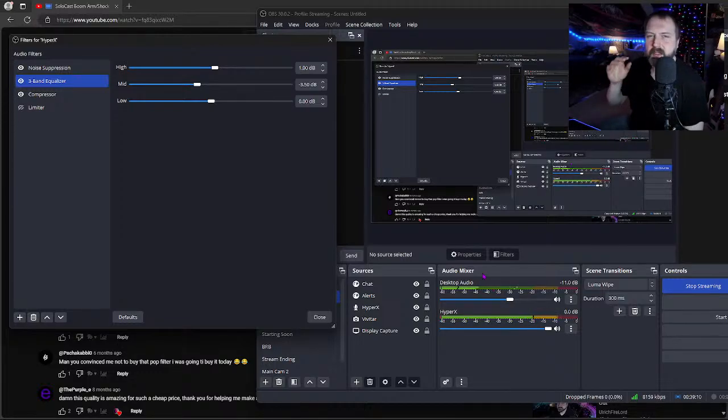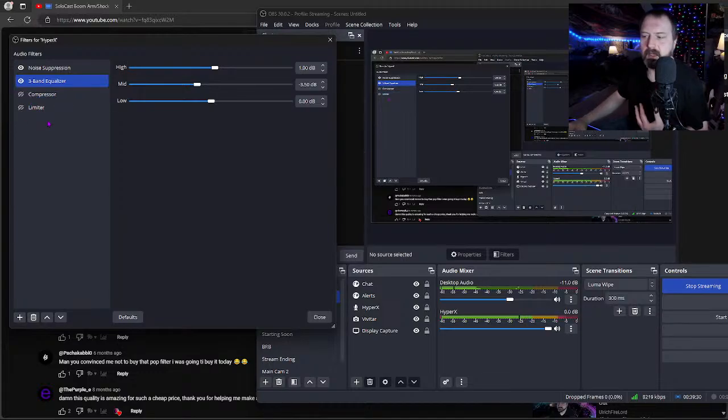That way, even when I do get loud, it might distort, because if you get too loud close to any mic, and if it's a cheaper mic, it's going to distort like that. But the compressor will keep me from overdoing it and blowing out your ears, you know? And the limiter here, okay, I'll show you here.